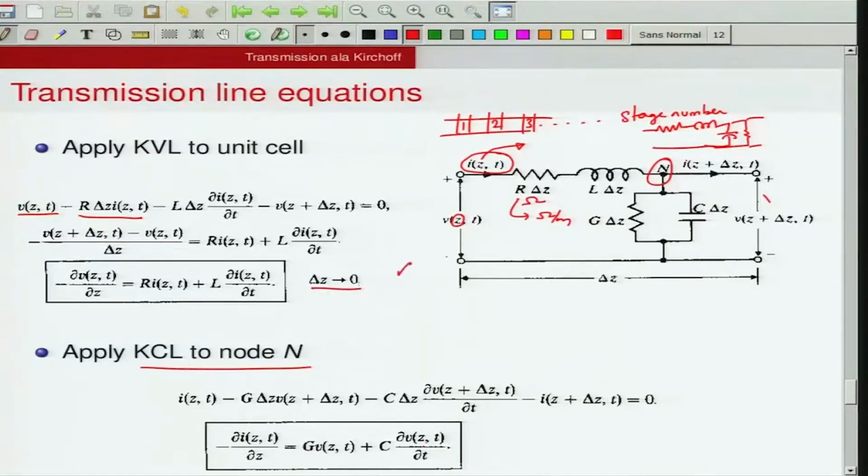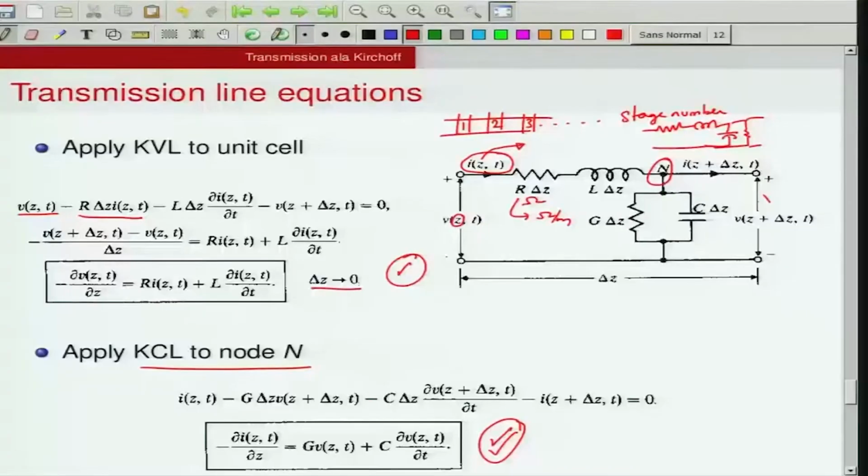So you have one equation which describes how the voltage is changing, and another equation which describes how the current is changing. These two are first order partial derivatives. They are actually very similar to the expressions for electric field and magnetic field, right? So you can compare them with the uniform plane wave expressions. We will do that comparison later, but when you do that, you will see that these two expressions are quite similar to electric field and magnetic field expressions, and you can combine these first order equations